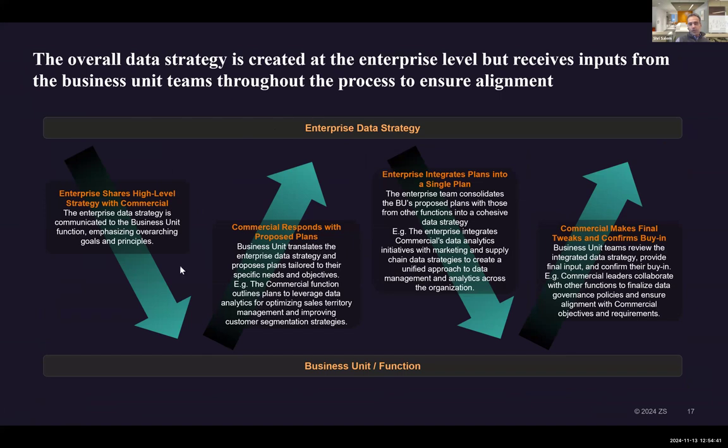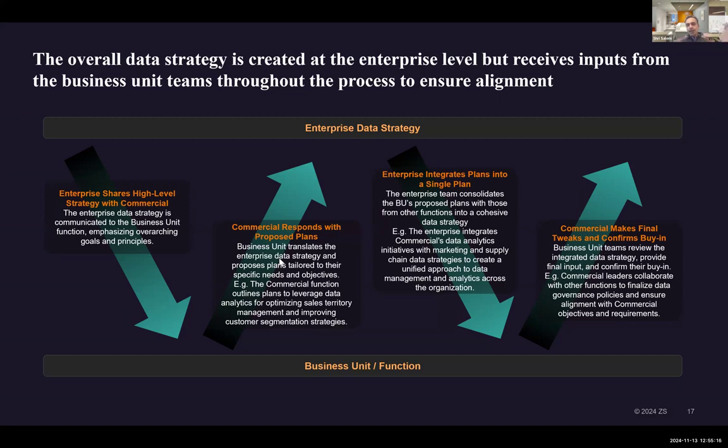Again, what you see here on the screen is there is a specific method to this madness in terms of how you formulate a data strategy and who are the different stakeholders that are going to be involved, right? And there is always a very healthy collaborative interaction between the enterprise data strategy team and the business unit and the function, right? We typically refer to this as a W process because, initially, we get some inputs from enterprise data strategy. And if you're a business unit and function, you're taking that, fleshing that out, and providing it back to the enterprise.